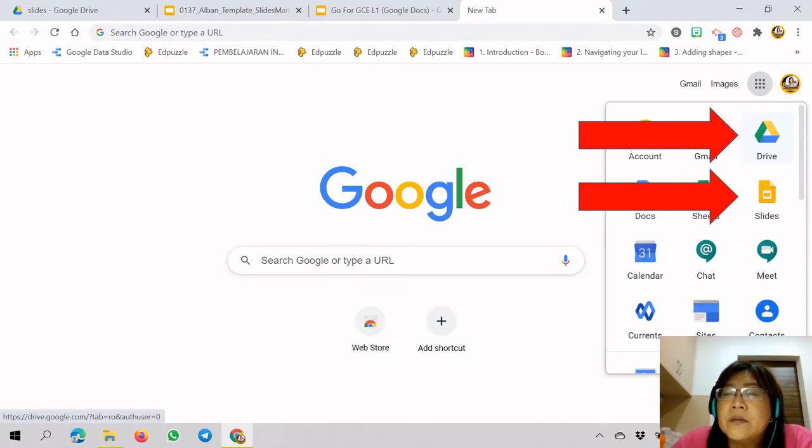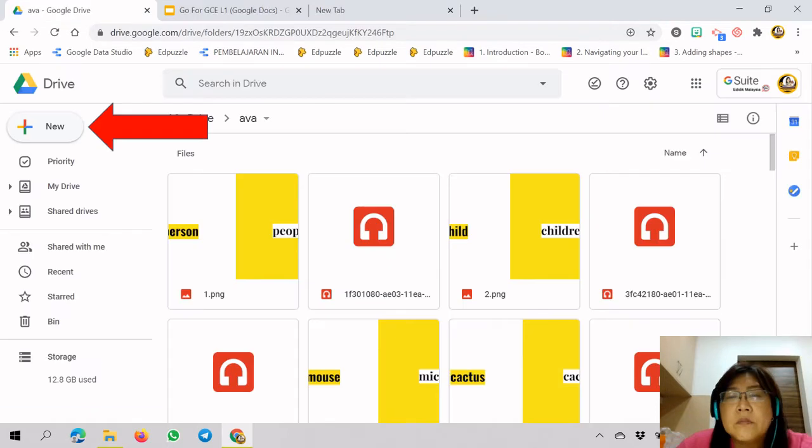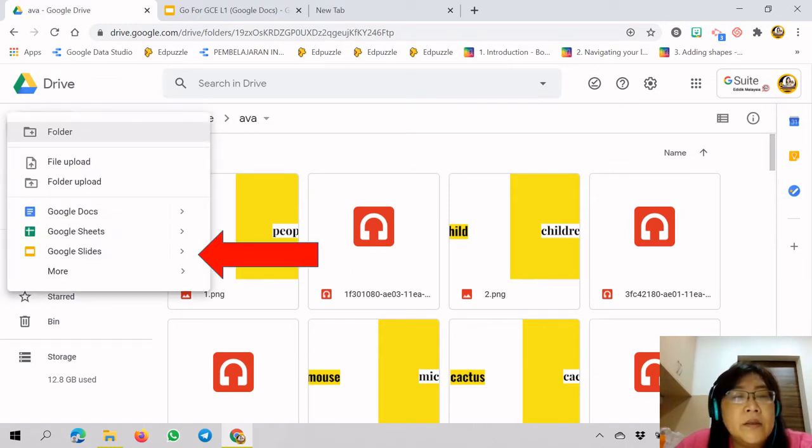To create, to open a Google Slide, you can either go to the waffle button, which is the 9 dots, and then either you go to Drive or you just go to Slides here. So when I access from my Google Drive, you have to click New here, and then it will pop up the menu such as create new folder, file upload, folder upload, and then you have Google Docs, Google Sheets, and the last one you can see here, Google Slides. So you can click Google Slides here,